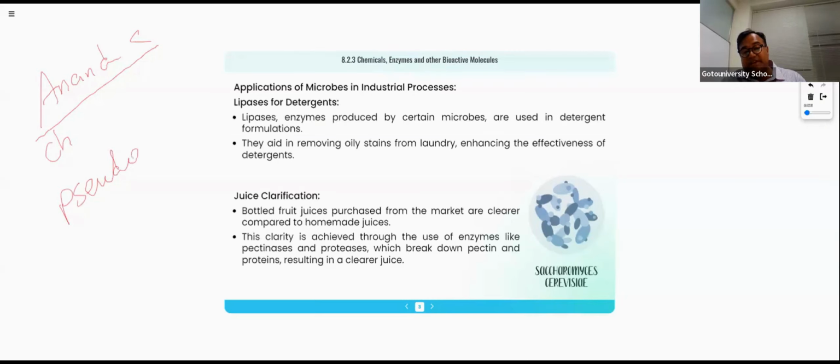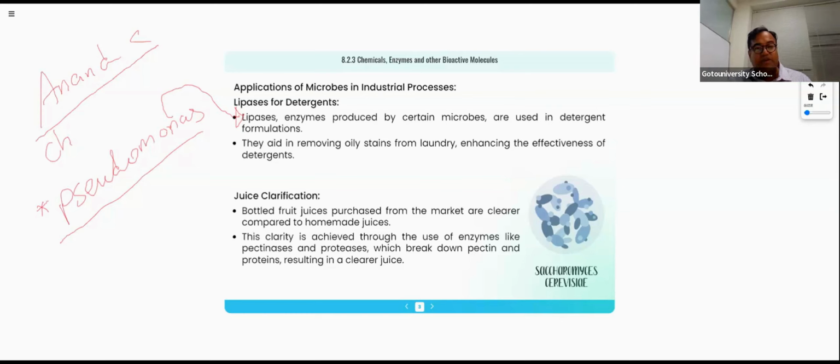Pseudomonas is a bacteria used more efficiently to remove oil spills. So genetically engineered Pseudomonas is designed to produce plenty of lipase enzyme. This plenty of lipase enzyme breaks the oil spill so that the oil-filled cloth will be